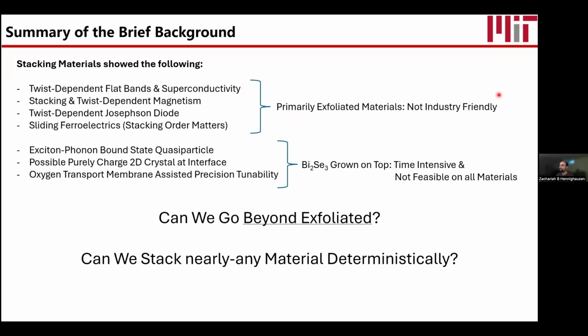They're not crazy about it. And in this case, I grew bismuth selenide on top, and that was labor intensive, time intensive. So industry likes it, but again, from a research perspective, it's labor and time intensive, and it doesn't work for every material. Maybe I can grow on the TMDs, but can I grow on graphene? Can I grow on hexagonal boron nitride or a random one someone would like to try out?